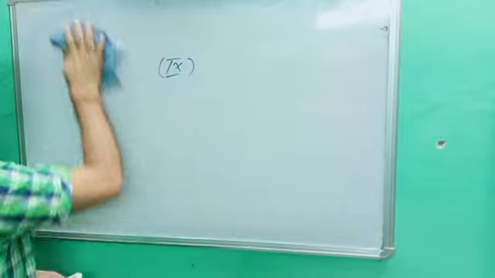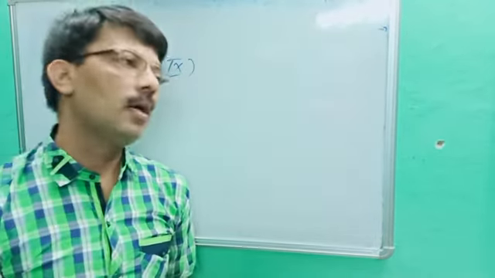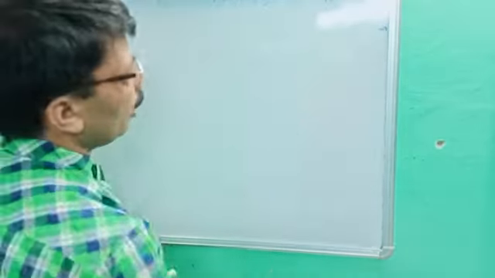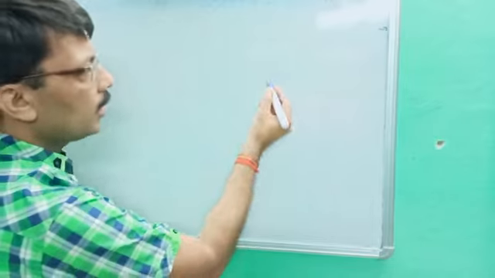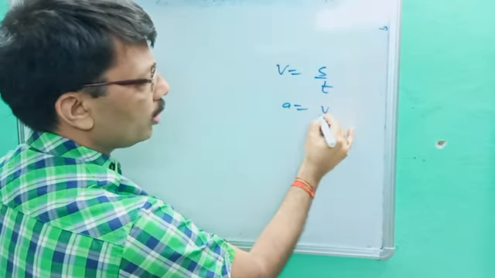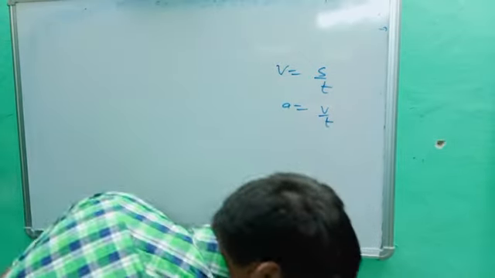Today we will discuss the graphical study of velocity-time, distance-time and acceleration-time in different manners. We will do it one by one, and we had better know the formulas. Once again, velocity is equal to displacement upon time, and acceleration is equal to change in velocity upon time. For different cases we will go through different points.